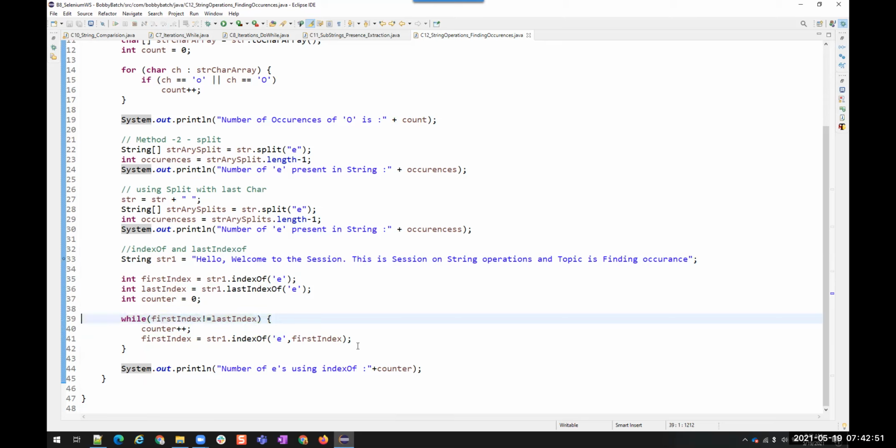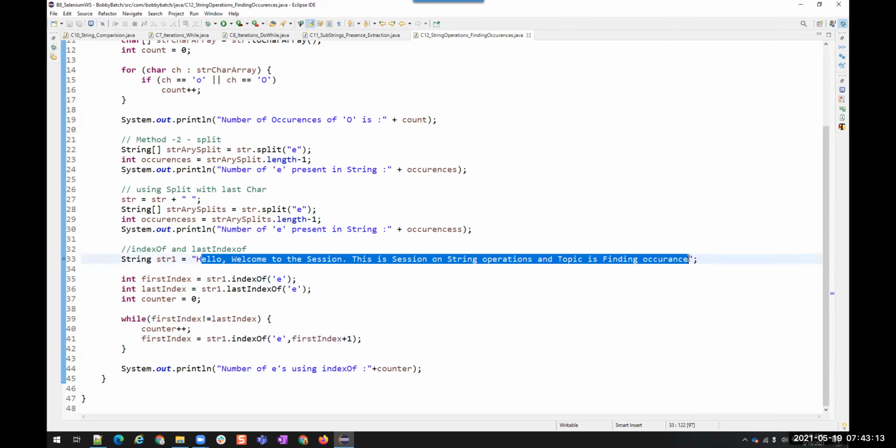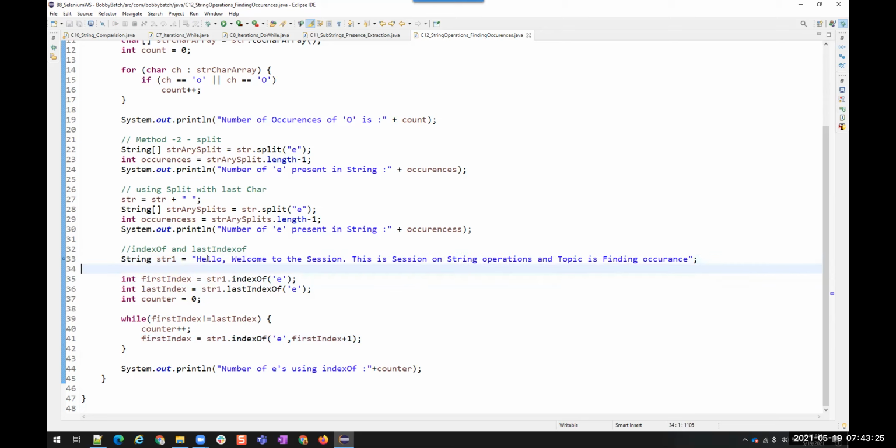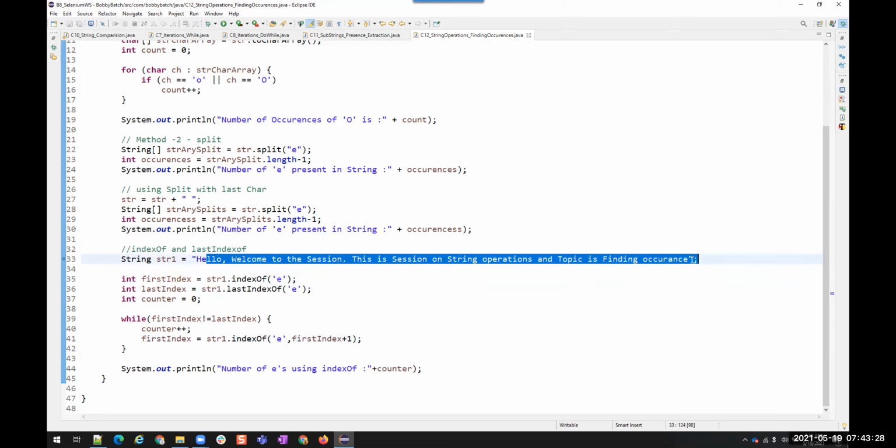First index. Okay, I got it. I missed a simple logic here. See here, first index. I'm saying again first index from the starting position on. So it will always be present at that position, right? I have to do +1. From the next character, I have to search. I found E at this position, and then the second time I'm asking it to search from this sentence. So it will always be present at E, first position on. So that is why it is always continuously increasing the count, and it is never coming to this point. Okay. So if I increase, then it will start searching from here for the character E. So that is why I'm using plus.